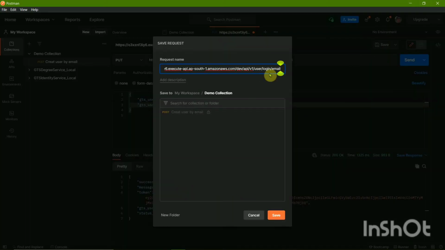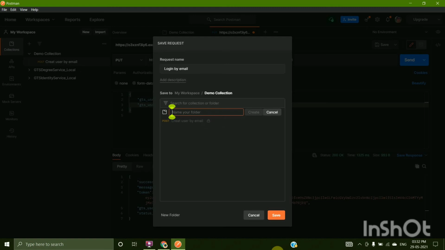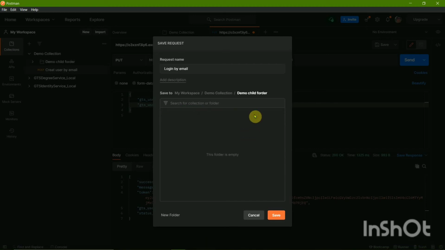Then save this. Another thing about creating is you can also create child folders under the demo collection. To create a child folder, after entering the folder, you can directly click on new folder and give the folder a name, saying demo, then click on create.